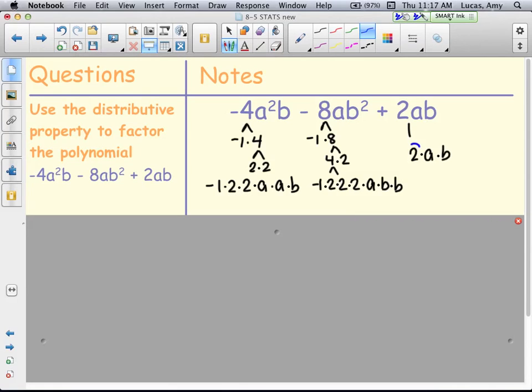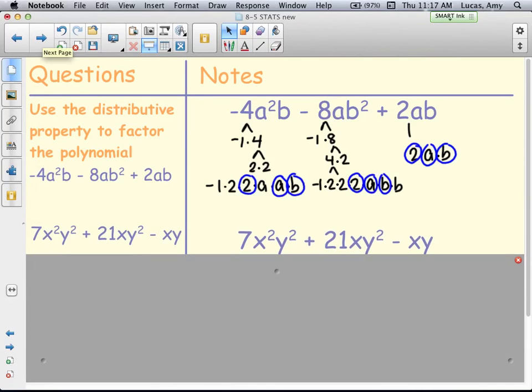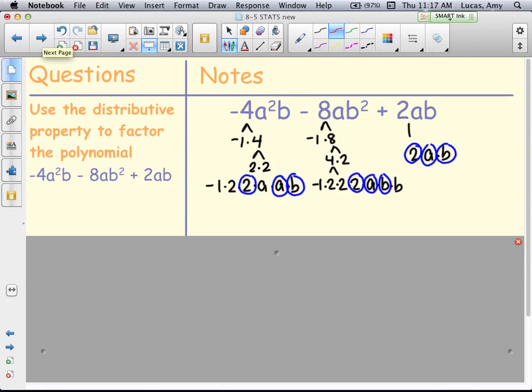Well, I'm going to go all the way down to the end. This one's got a 2, so I looked for a 2 in everything. It's also got an A and a B, so an A and a B, an A and a B. Okay, so my final answer, I am taking out 2AB from each term. I'll move this down a little. Give me some room. So I have taken out a 2AB as their greatest common factor,